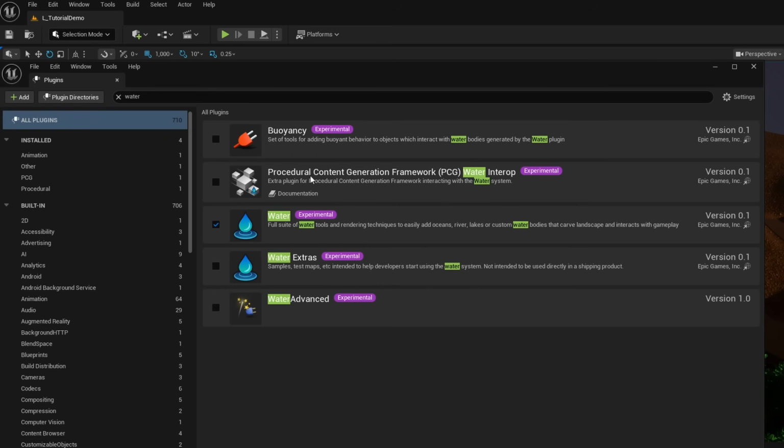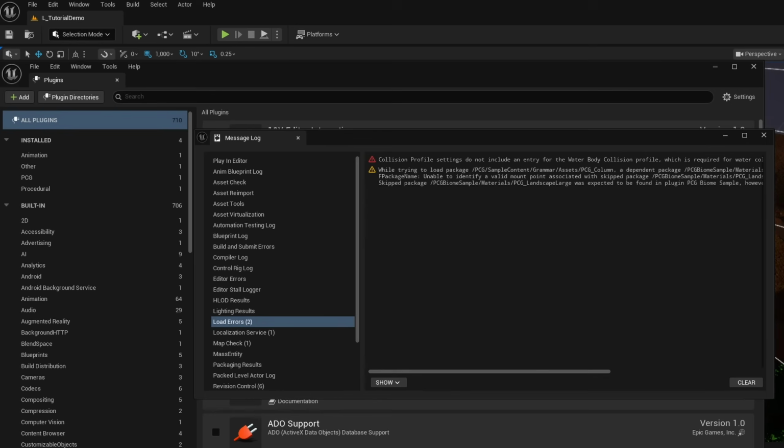And you should also turn on the procedural content generation framework water interop, which will allow PCG to work with water. So go ahead and turn that on as well. Yes, and restart the engine. Now, the first time you do this, you will get this pop-up. Do not close it right away. It'll give you this error. Collision profile settings do not include an entry for water body collision profile, which is required for water collision to